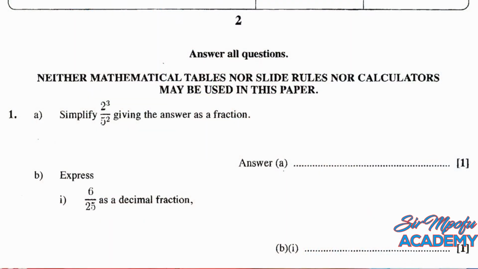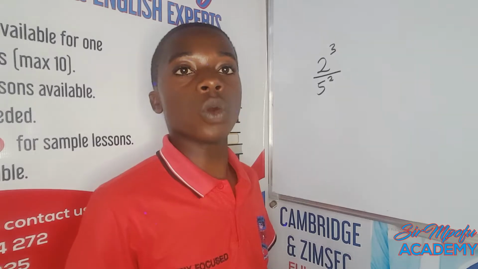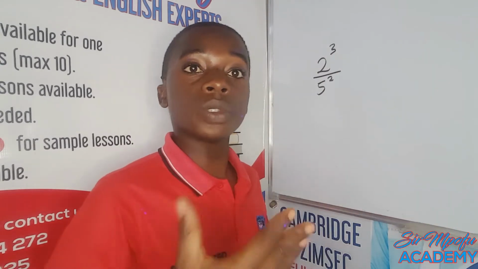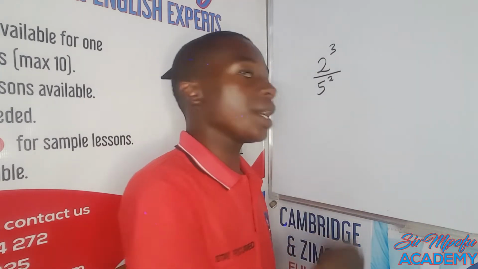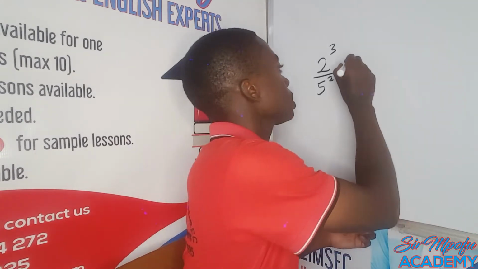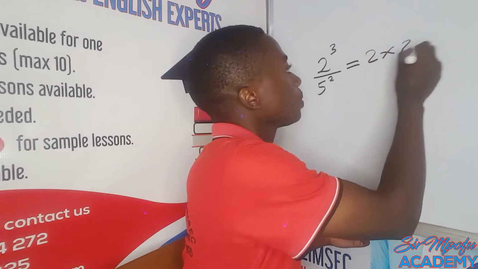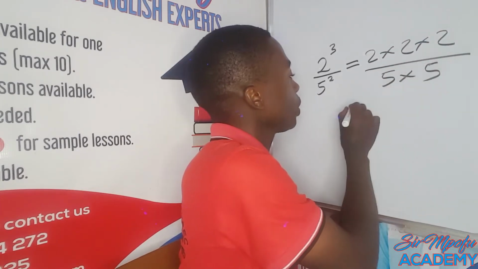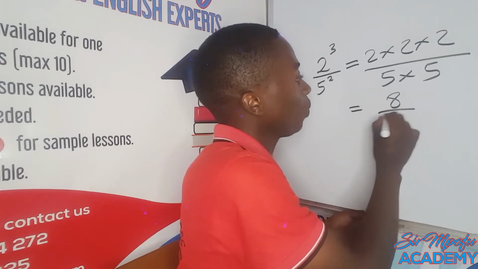Our first equation: simplify 2 to the power of 3 over 5 squared, giving the answer as a fraction. This is testing if you know exponents. Remember, 2 to the power of 3 means 2 times 2 times 2. And 5 squared means 5 times 5. It means 5 is multiplying itself 2 times. So this is equal to 2 times 2 times 2 over 5 times 5, which is equal to 8 over